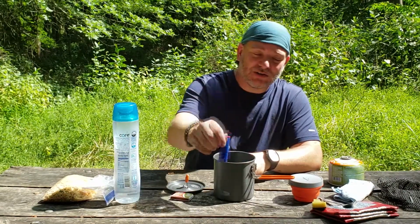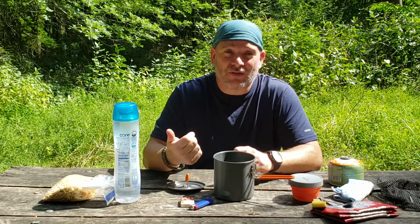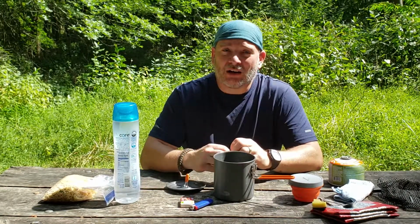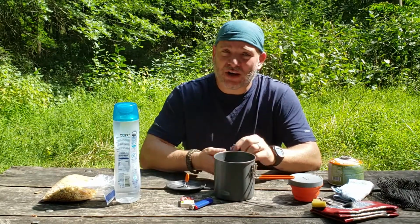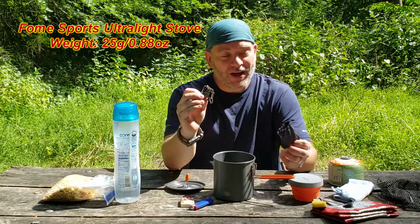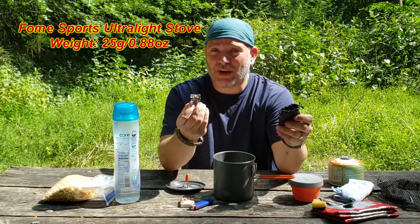I do have a lighter and matches, both. One for starting fires if it becomes a necessity. Also, two, this little stove I have doesn't have an electric light. This is the Fome Sports Outdoors. It's basically a BRS